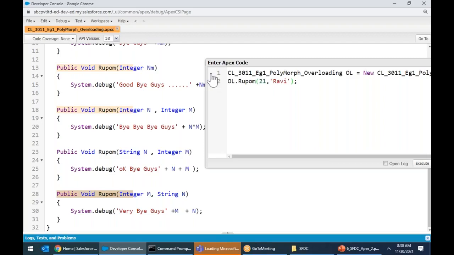Same object, all are Rupam only. But depending on the parameter, depending on the behavior, the system will understand which method to call. Is it clear? Now if I say ol dot Rupam